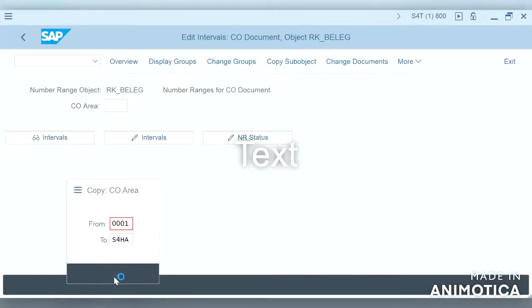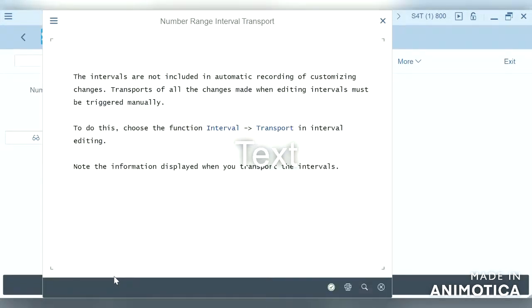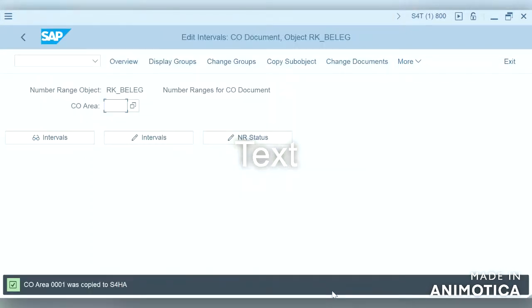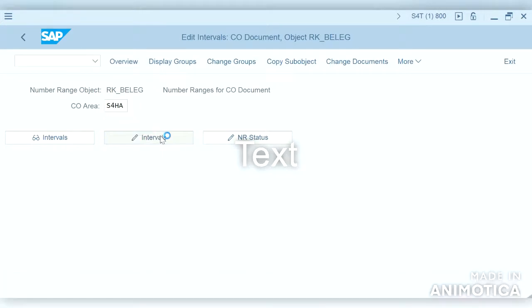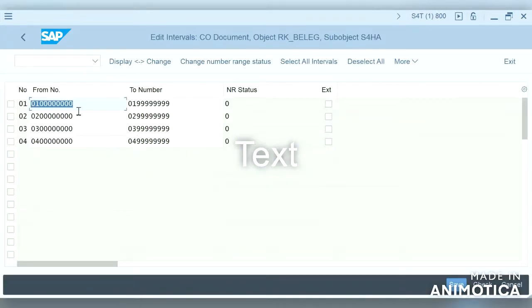So you copy this, and this is the same message we get in ECC, was copied. So if we check S4HANA and the number range intervals, we can see this was copied from standard company code. Let us save it.